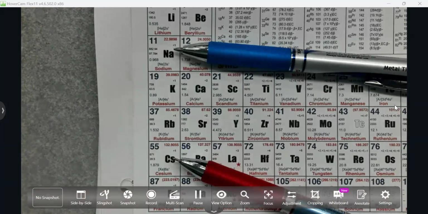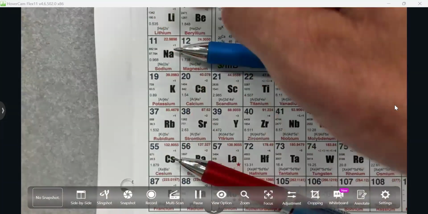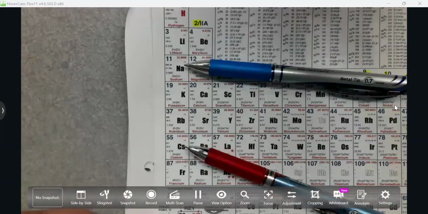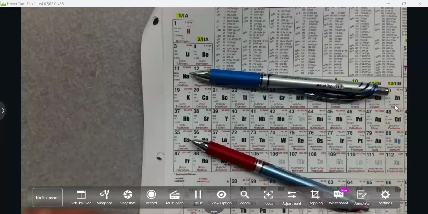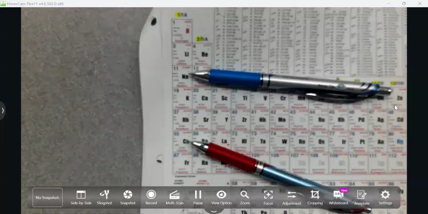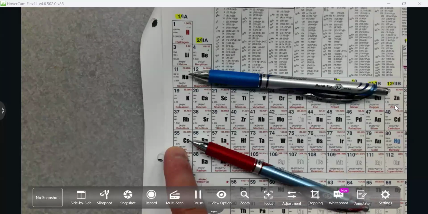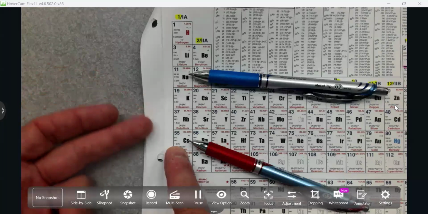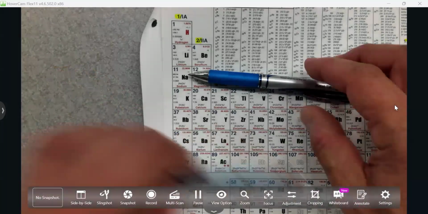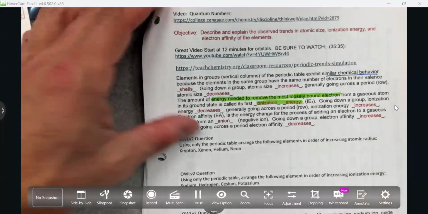So as we go down a group, ionization energy, it's going to get easier to pull that electron away as you go down. Remember, you're just trying to pull that one valence electron away. The farther it is from the positive pole of the nucleus, the easier it should be. So as we go down,